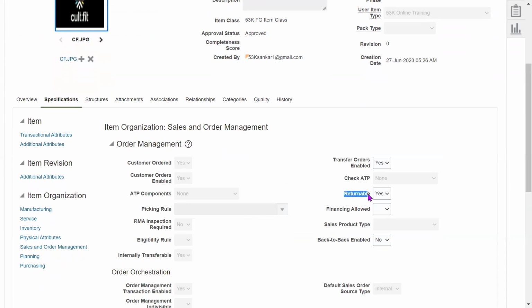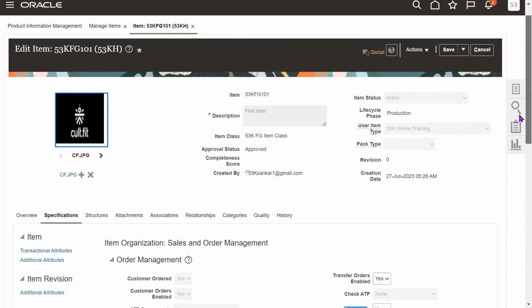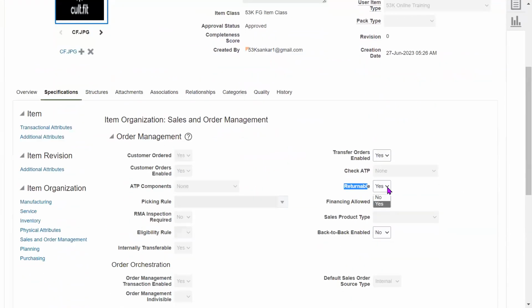At the Hyderabad org level, I don't want to accept returns. Right now it is yes, right? I'm changing it to no. At the org level, you can update the properties of the item. Okay, I'm able to select returnable as no here. But I'm not able to select